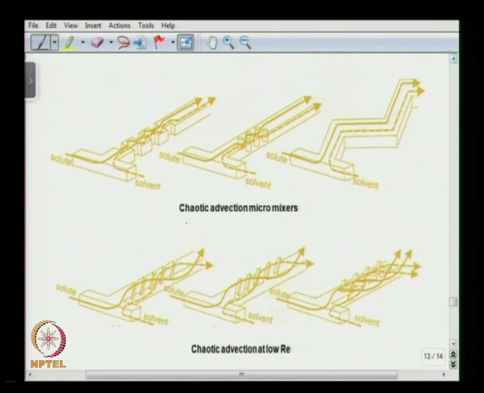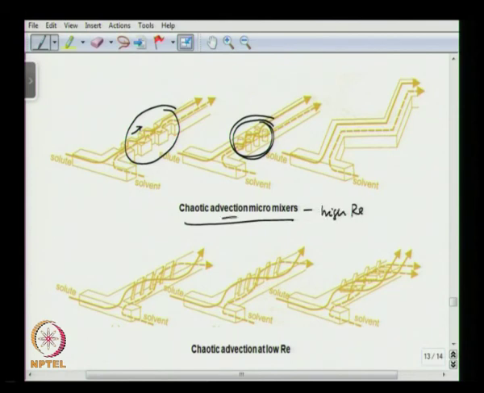These are some of the chaotic advection micromixers. We introduce structures in the flow channel itself which would create bulk movement of the fluid that would help the mixing of two fluids. In this case we introduce variations of the channel cross section along the flow direction. Also here we are introducing posts in the flow channel. This is at high Reynolds number, how advection can come into play to improve mixing. At low Reynolds number we can use features like depressions in the channel as well as ridges and these Sebron structures in the flow channel to improve mixing.